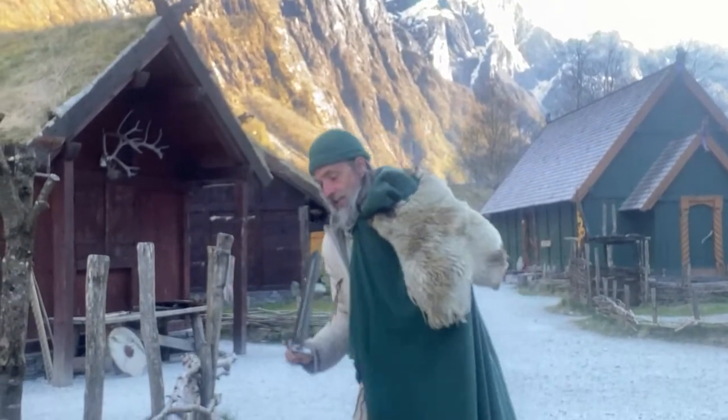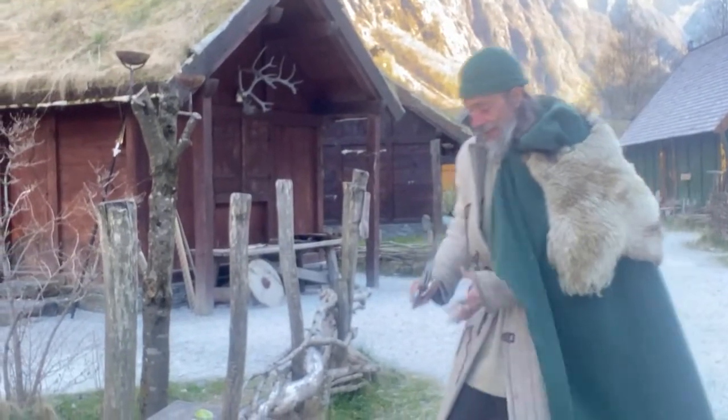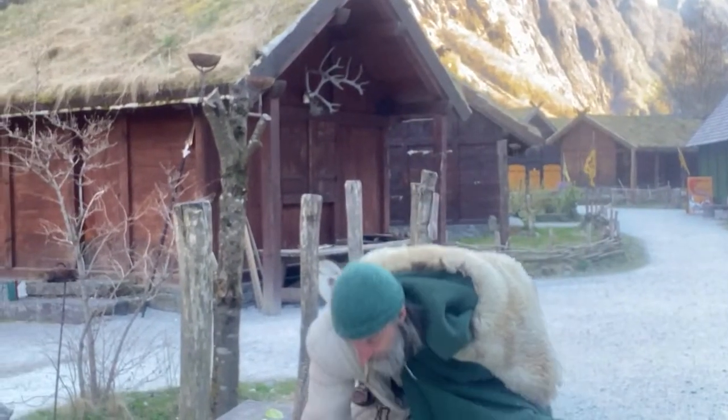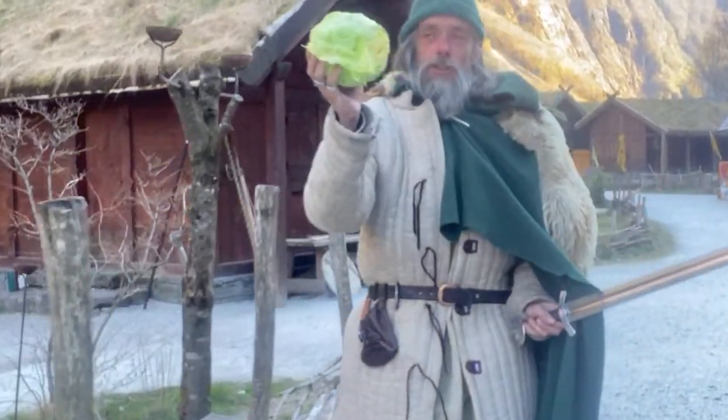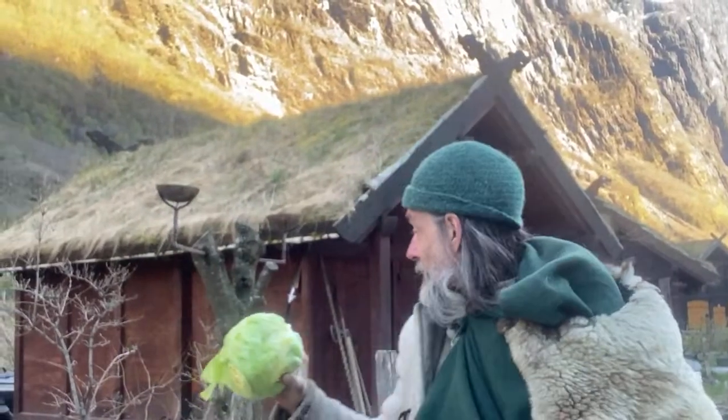Did you just hit your... I just smashed my sword into the fence post. I was just gonna say, he hit the fence pole. At least the cut is pretty clean. No, I'm thinking that cabbage could live to tell another day. If that was a brain...